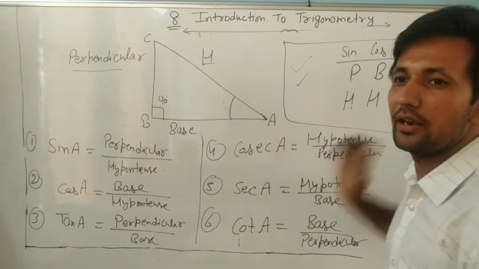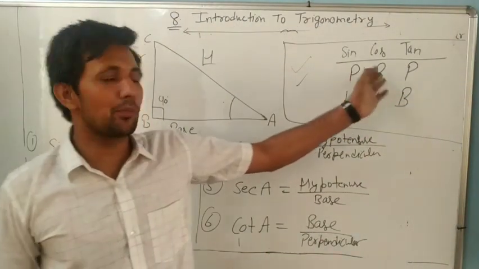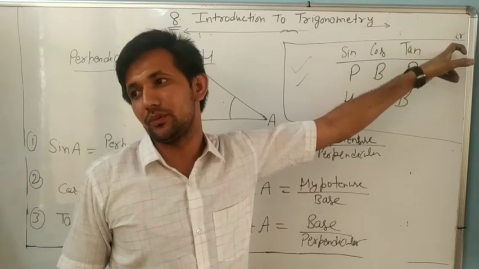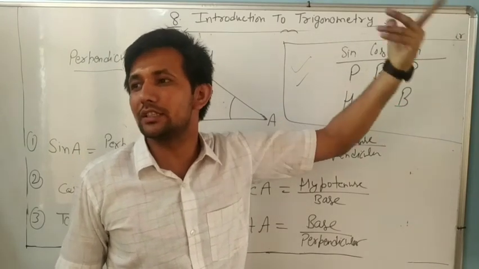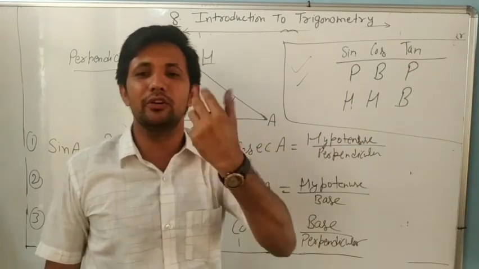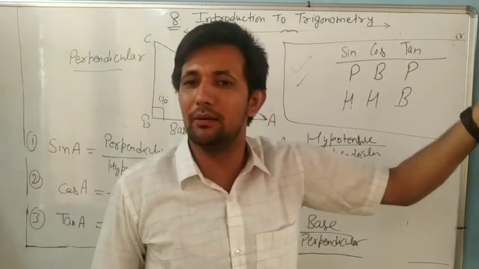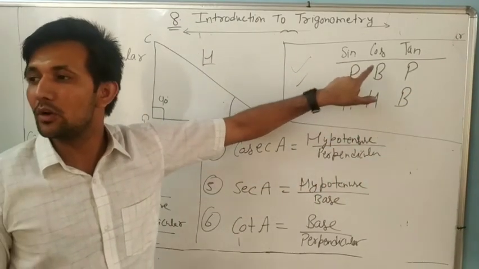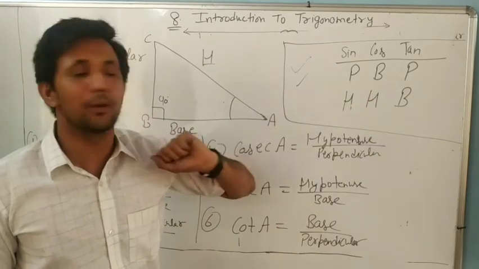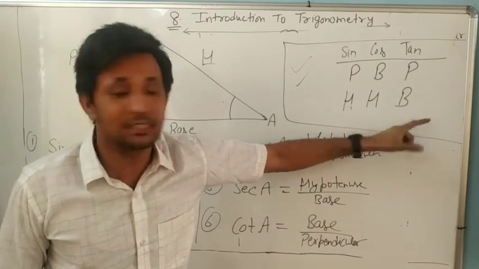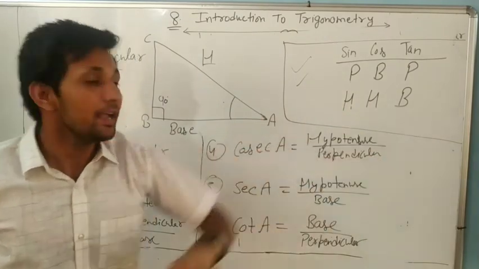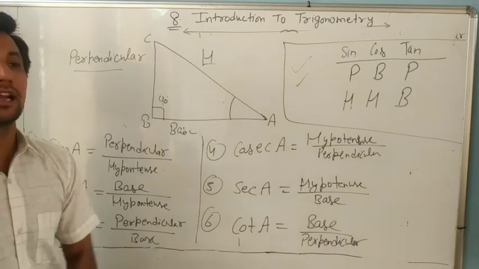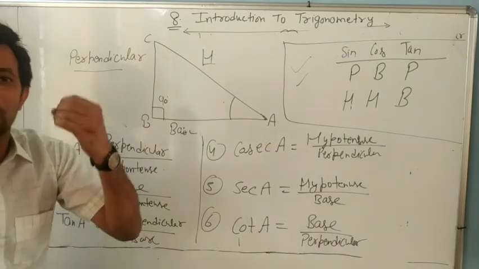Who bought it? Sin, cos and tan bought it. Okay, at Police Bazaar point, happy happy biscuits were bought by sin cos tan. If you read sin cos tan three times, you will always remember Police Bazaar point. So sin means perpendicular by hypotenuse, cos means base by hypotenuse, tan means perpendicular by base, and the rest three are opposites. If you remember only these six, you can solve exercise 8.1 yourself.